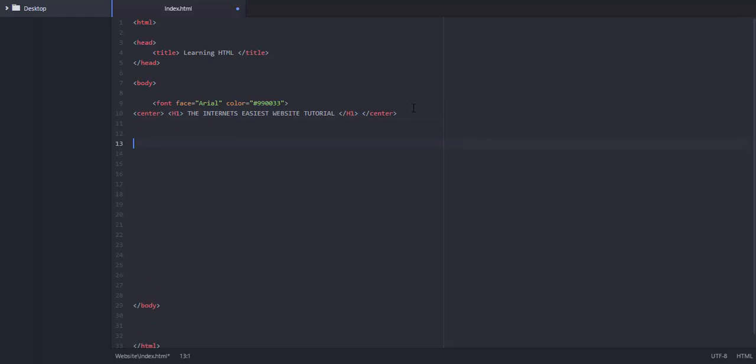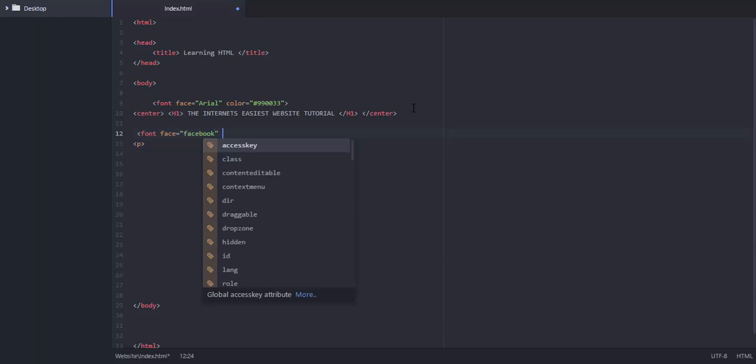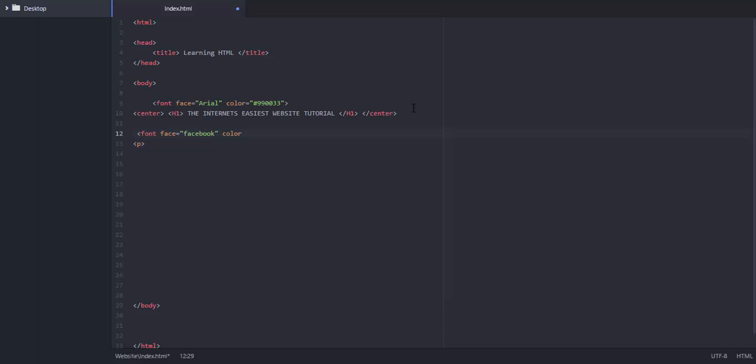Alright, so you want to add text to your page, eh? We're going to be using something called paragraphs, but for short, P. Now let's add something like, in fact, let's change the colour. Font face, let's use Facebook. And then colour equals, let's choose grey. And then paragraph